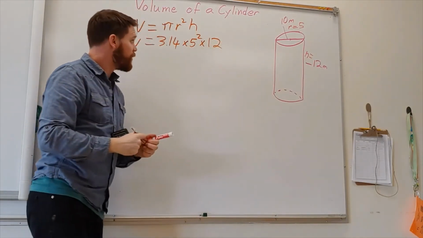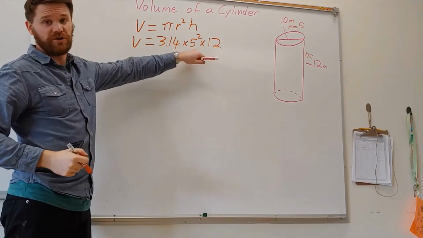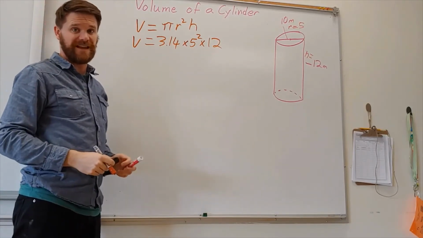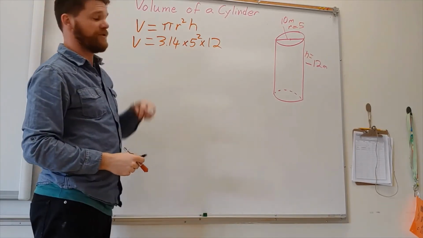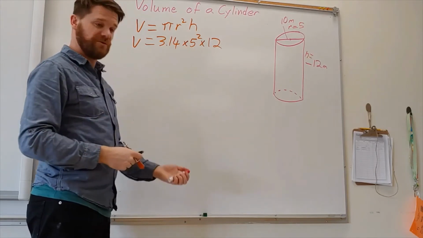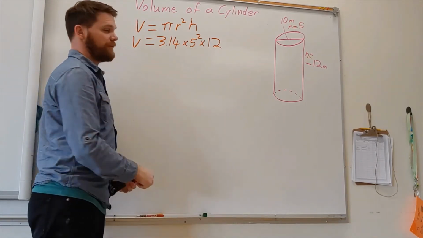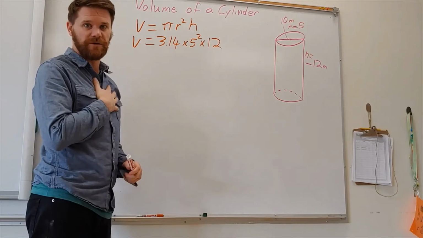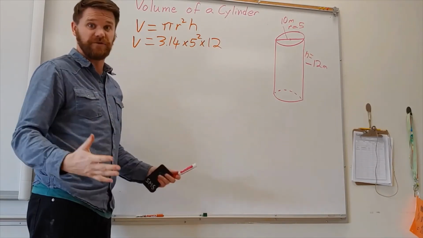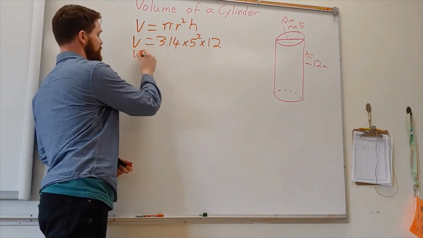Awesome. So I want you to square this first before you move on to the last part. So I'm just going to rewrite it again. It's important you write all the steps out. It lets me know where you mess up, and it lets you know where you mess up if you do. So volume equals